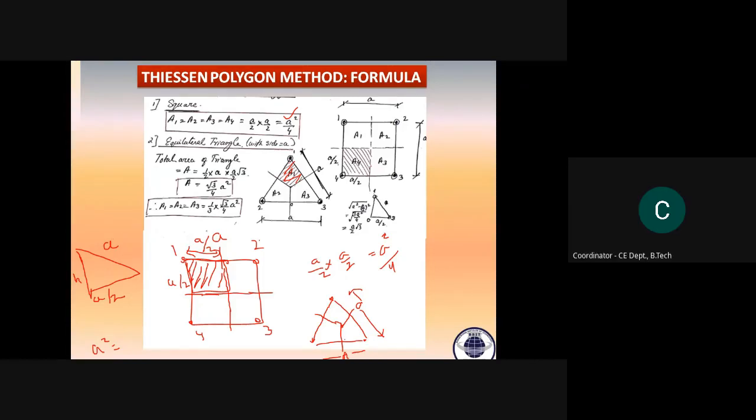Using that formula, we can say h equals the square root of A square minus (A by 2) whole square. So if we calculate the value, h is A by 2 under root 3, and this h is nothing but the height of this triangle itself. This is the total triangle, then its height is A by 2 under root 3.